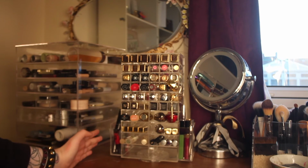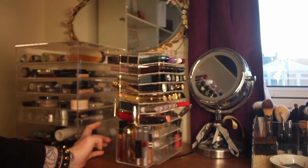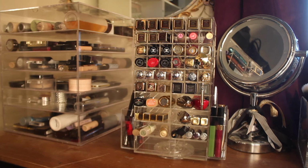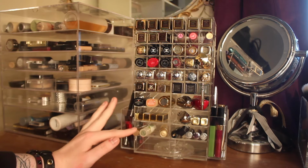So as you can see, the tower is here on its own. The tower holds, I think, 70 lipsticks. So it holds approximately 72 lipsticks. I have filled it right up, but it also has compartments to hold about 16 eyeshadows or powder palettes in